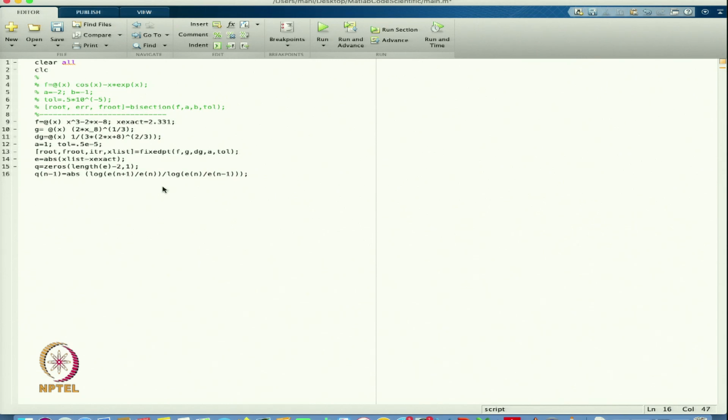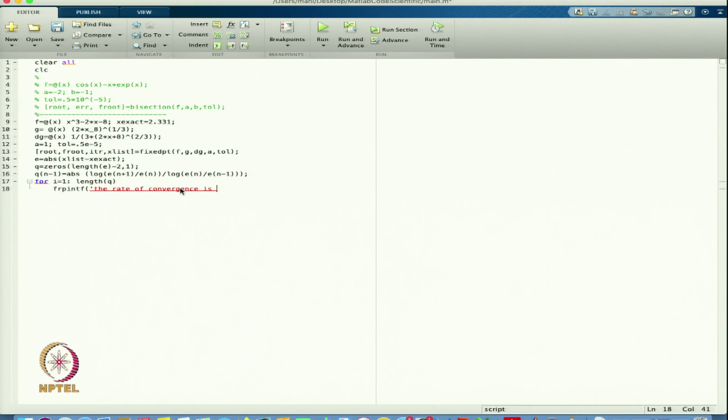Now, I want to plot these functions in the given program. So, I will define for i equal to 1 to length of q. This is the length of q because I have gotten this value of the q here. So, this value I am getting, then I will write print f, the rate of convergence